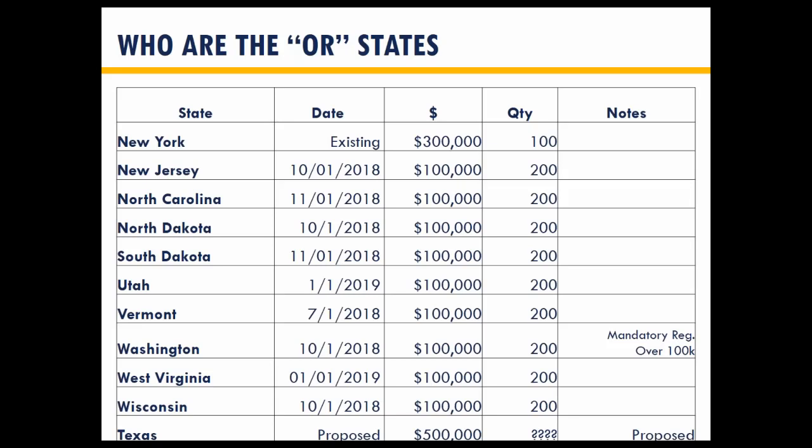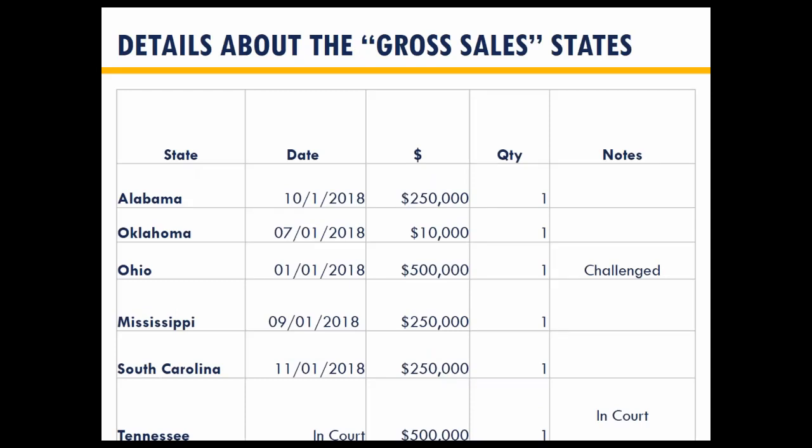I believe District of Columbia just passed their rule the other day, and again, at 100, 200. I've got some gross sales states here. Alabama, 250. Ohio, 500. Ohio and Tennessee are both at 500. I'm expecting that to change simply because if you were a state tax department and you had a $500,000 threshold out there and all these other states were at 100, wouldn't you want to drop yours to 102 to increase those revenues? Oh, I would see it happening.